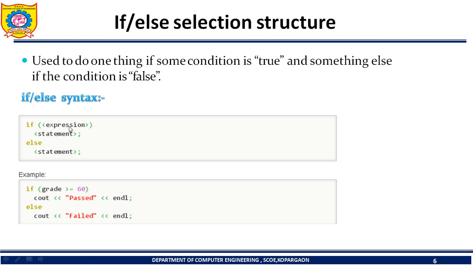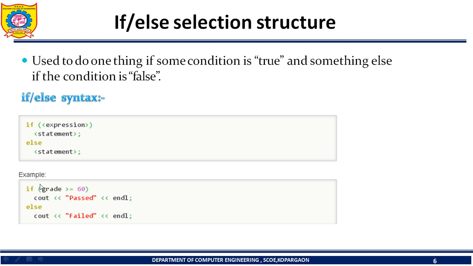If, in brackets, we mention some condition here, and we mention some execution statements here, and in the else part, some statements to be executed are mentioned here. If this condition is true, then the if part gets executed and the else part gets skipped by the compiler. But if the condition is false, then